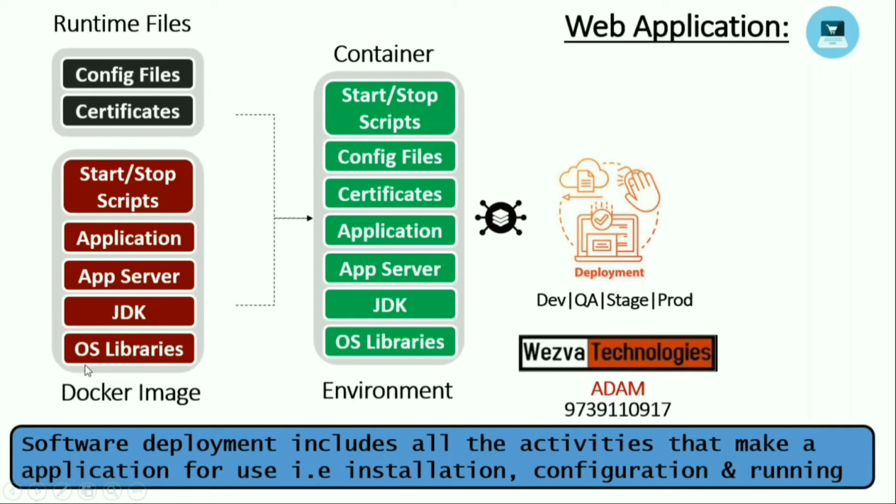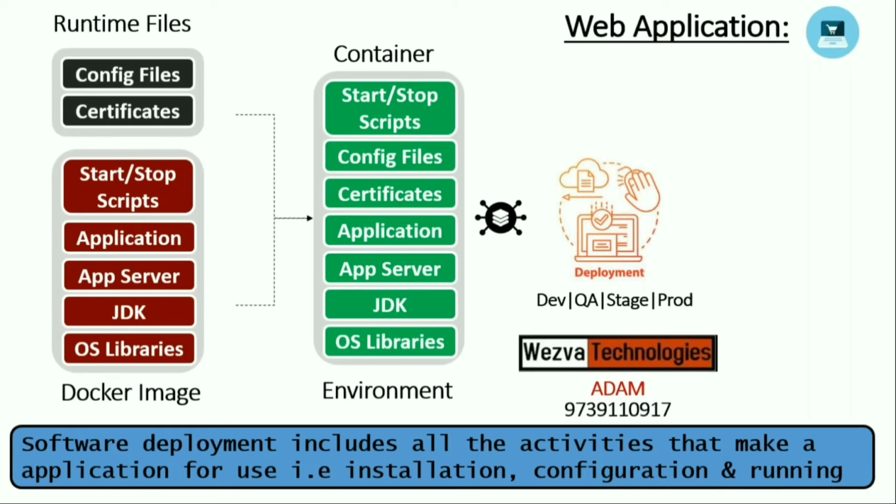So this is how the modern way of deployment works: by taking a Docker image where you have everything pre-installed, pre-configured. You're just going to take the necessary files and create a container which is replacing your environment. Okay, so as of now, what exactly is deployment? Creating a container which has all the necessary things pre-installed and pre-configured, so that as soon as the container starts,